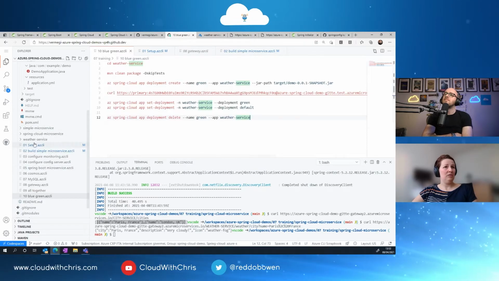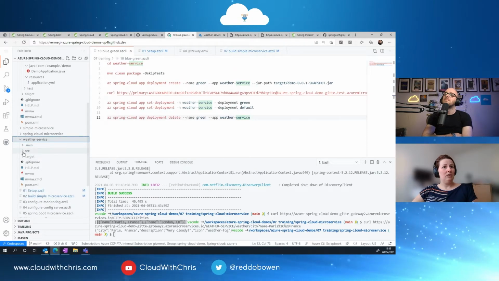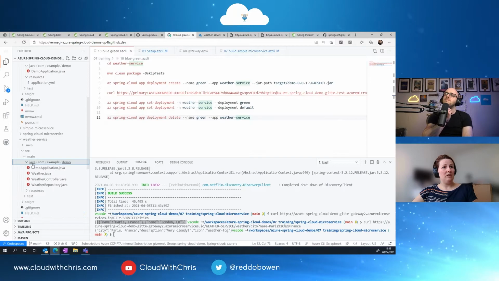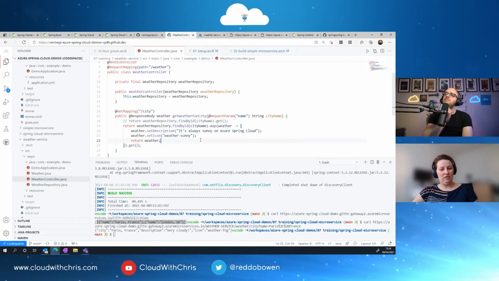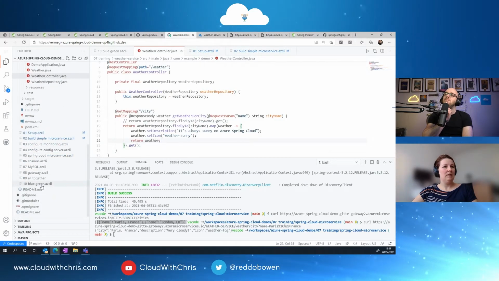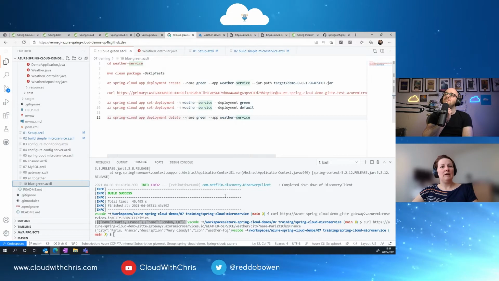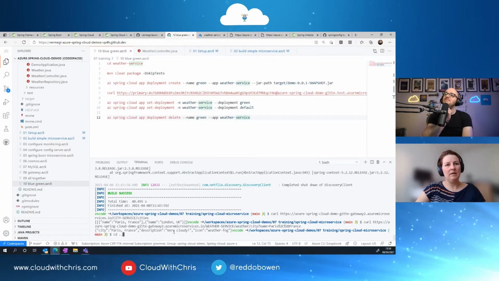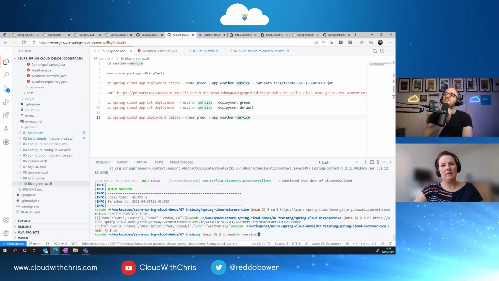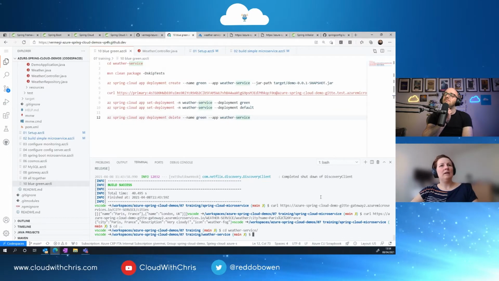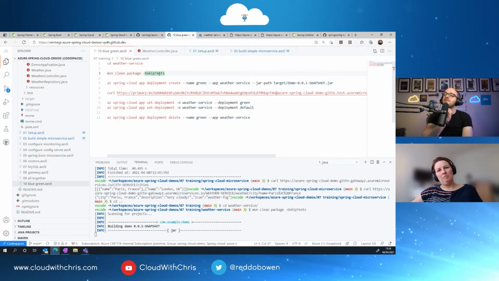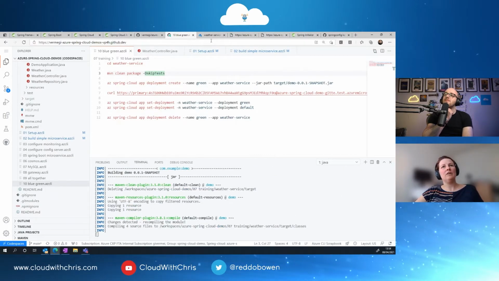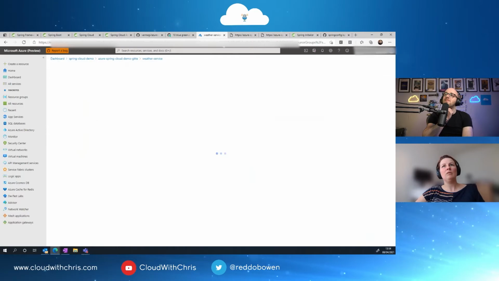Let me just see the weather service, where is it? If we go to the source main Java and we take the weather controller, this is already uncommented. So then I can build that part. There we go. If I cd into the right directory, it's the weather one. And then I package that one. So if I build that version, and currently, by the way, the weather service, if we go to the default one